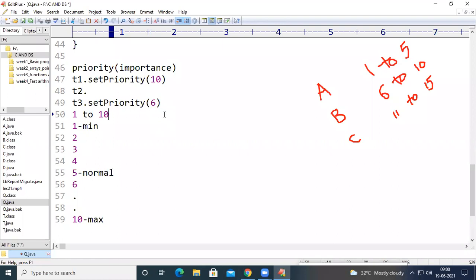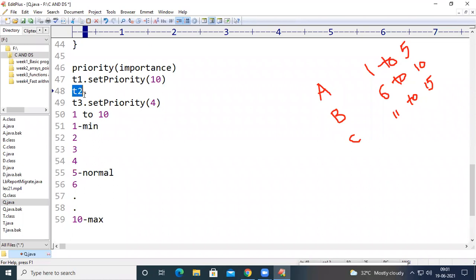T2 will obviously be executed because by default it has the priority of 5. For example, if we set a priority of 4 for T3, then first T1 will be executed because it has the priority of 10, and then T2 will be executed. Even though we don't pass any priority for T2, as we discussed earlier, every thread we create in the program has priority 5, because it is the normal priority. So when we write 4, which is less than 5, T3 will be executed last because T2 has 5 by default.